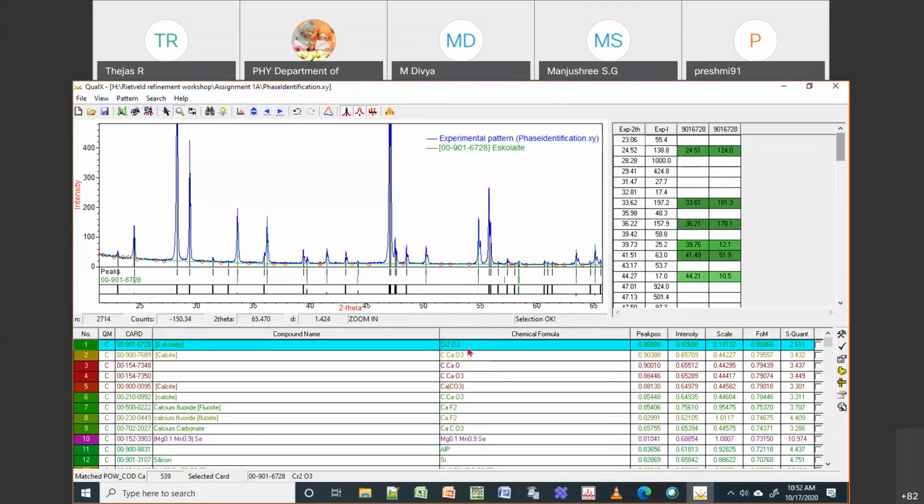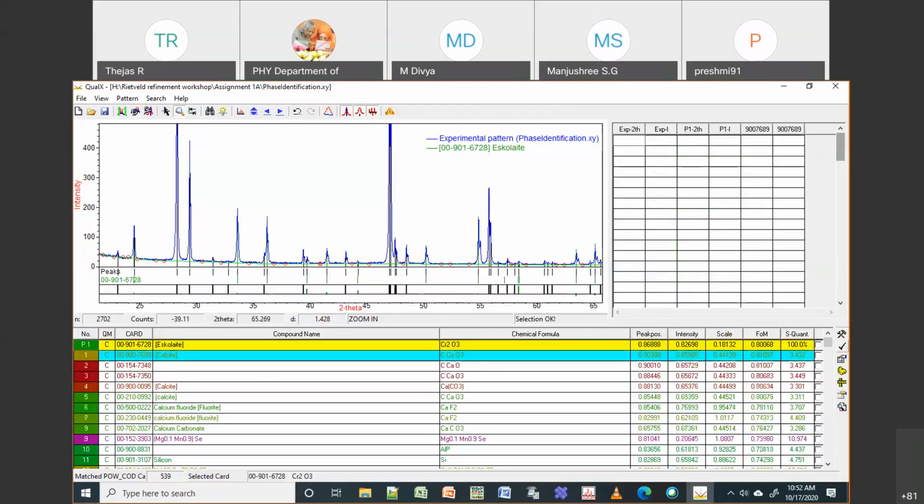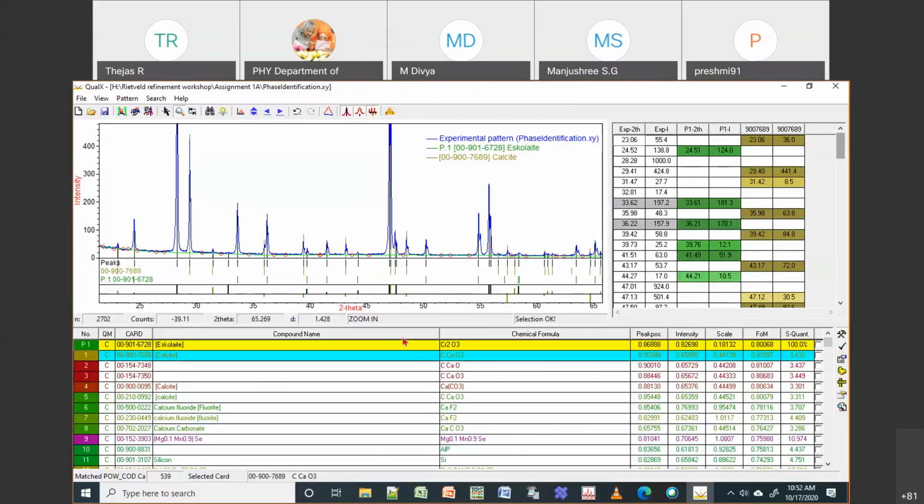So the first phase is Cr2O3. If you see, it is not taking in all the peaks, but only a few peaks. So let me take this as one of my phases. Then it will go for the second possible phase. Okay, so now you can see that instead of two, there are three. First one is the peaks from your experimental data. Second one is from your Cr2O3, which is in yellow, and then green is from the next phase, which is